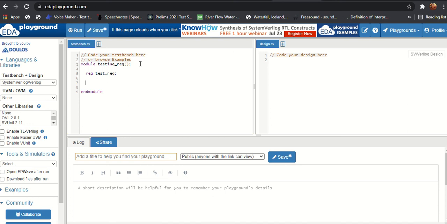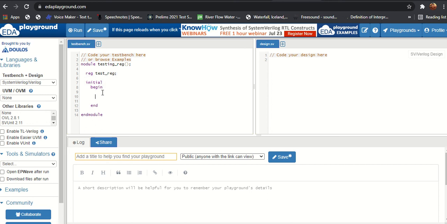So I will invoke an initial block, with begin and end. I will assign some value to this test reg.